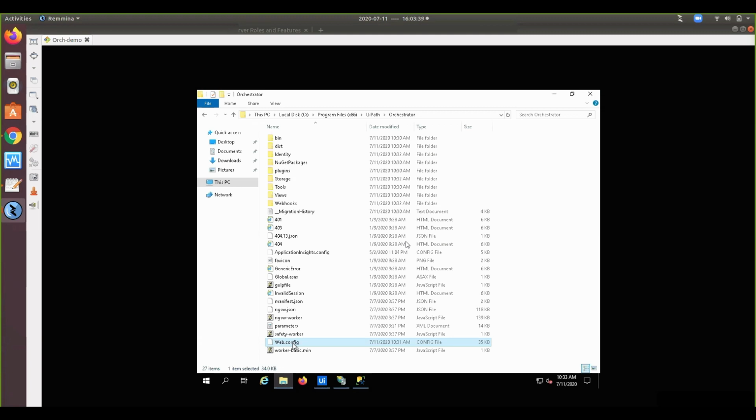Settings can be like the logs, the log destination where you want to push the logs, to the database or Elasticsearch, and which kind of authentication you have enabled for your orchestrator, which can be Okta authentication or Windows Active Directory authentication.